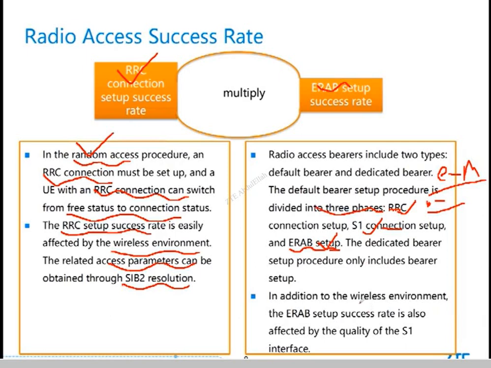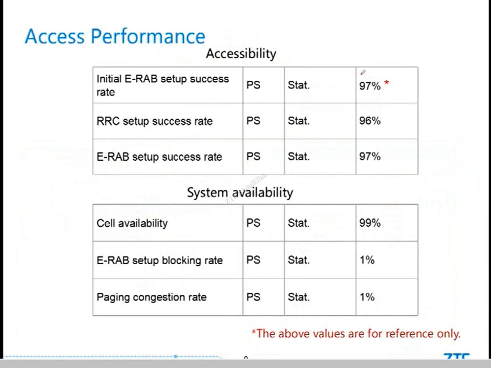And then what are the factors that affect the ERAB? The first one, definitely the wireless environment. Okay, and also the S1. S1 is the wire transmission, and this is wireless transmission. They all affect the ERAB. Okay, and also when we evaluate